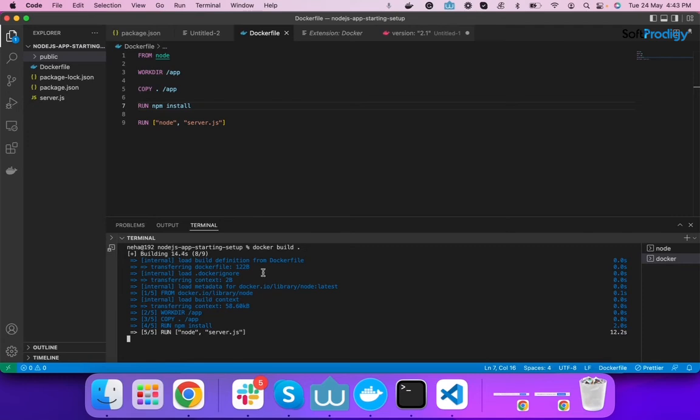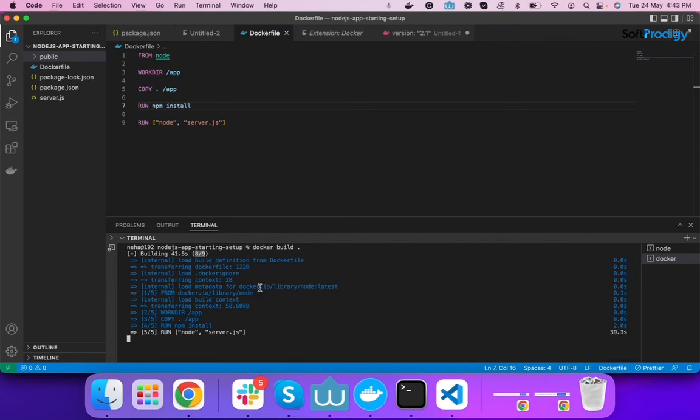It is displaying that they have created a working directory app, copied all the files to the app, run the npm install command, and now they are running node server.js, and we have only one process left here for the Docker build.